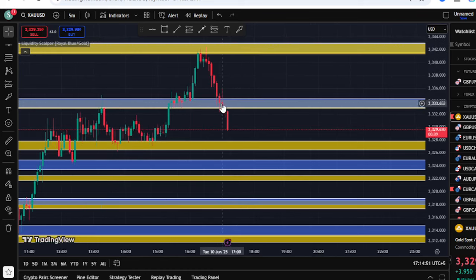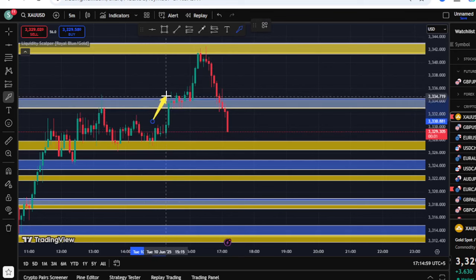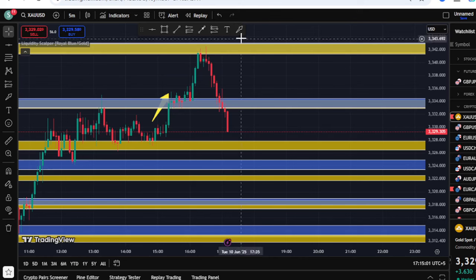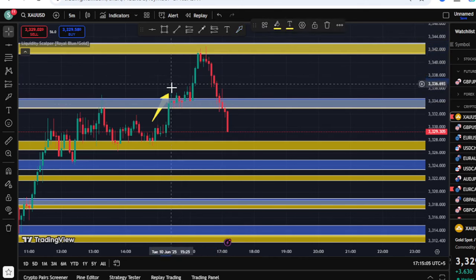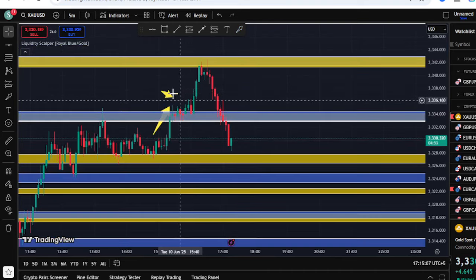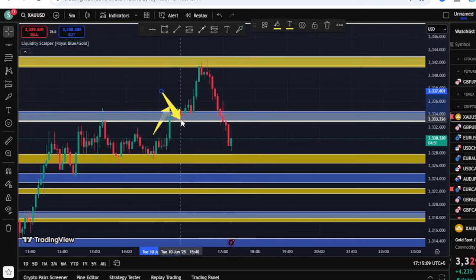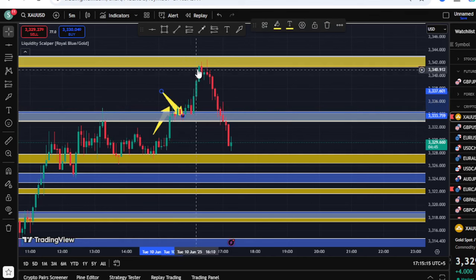Now if we look at this trade, first of all the market broke that level. I'm just going to point this out with the arrow. You can see the market broke that level, and the market retested that level. What you will do is nothing while the market is just retesting the level. You will wait for a bullish candle. Now you can see you have received a bullish candle on the 5 minute. Now go for the buy trade.